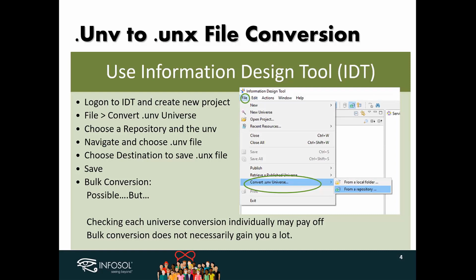You always have a lot of reports, but even though you have a lot of universes, it's not a huge or massive number all the time. So it might pay off to do that individually. But if you choose to bulk convert, definitely test them and check how they have converted individually after the conversion process.